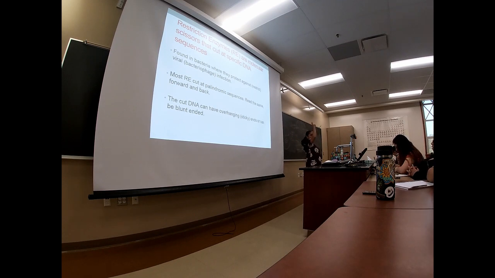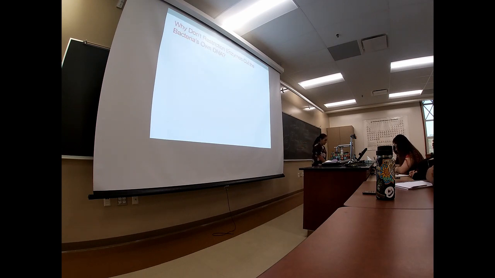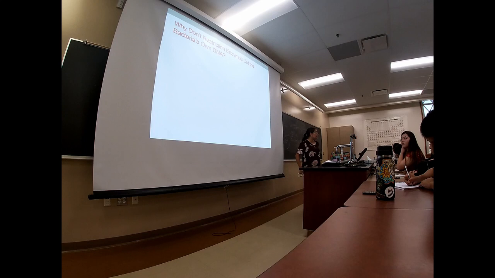Blunt ends, what does blunt mean? It's just a straight cut, like a blunt cut of hair, just straight across. There will be no little sticky overhang. Those are harder to stick together because there's nothing grabbing on. So that's important. Here's showing you why restriction enzymes don't cut the bacteria's DNA, but they do cut the